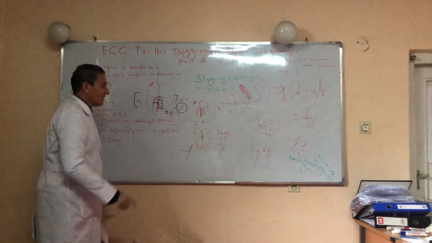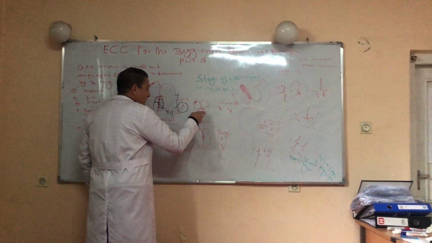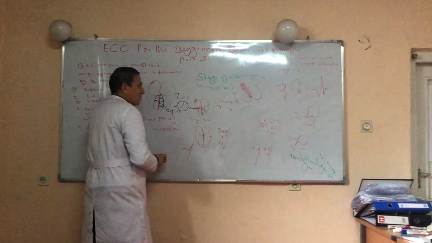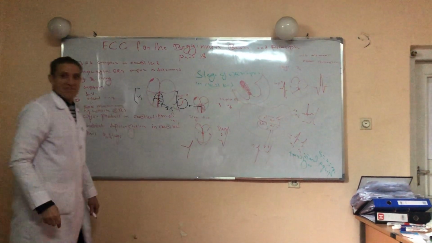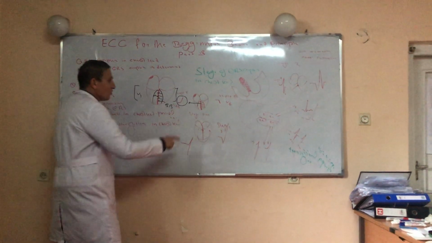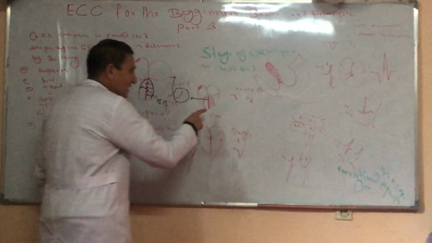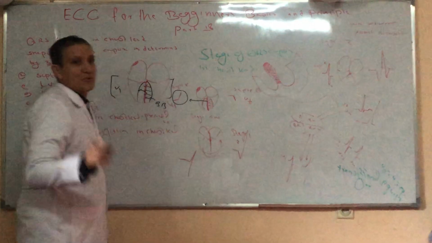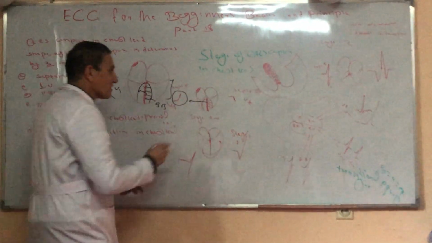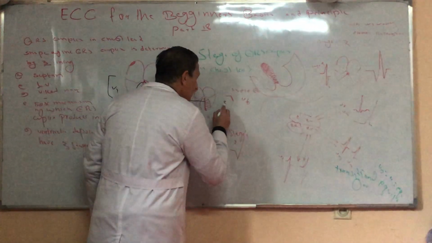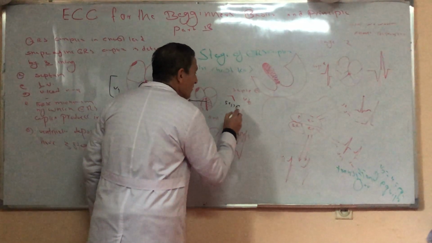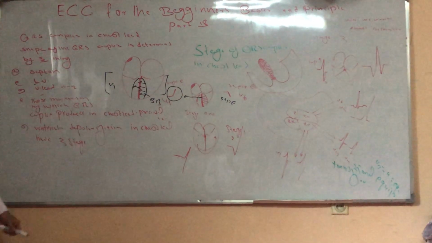This septal R represents septal ventricular depolarization in the chest lead. At the same time, when the electrical impulse moves toward V1, it moves away from V6. Those electrical impulses which move toward the lead produce a positive deflection, and those which move away from the lead produce a negative deflection. So this small negative deflection is called septal Q. Did you catch it?